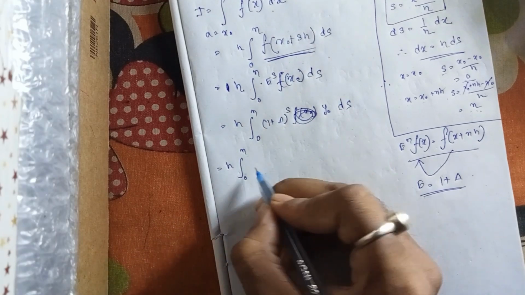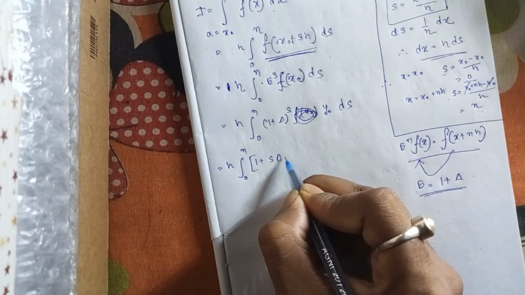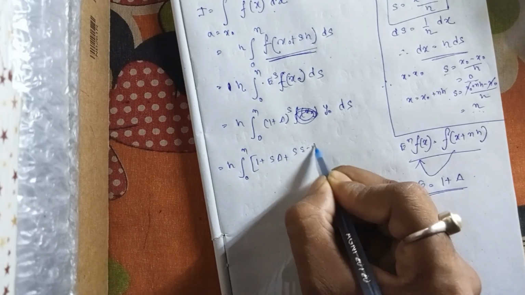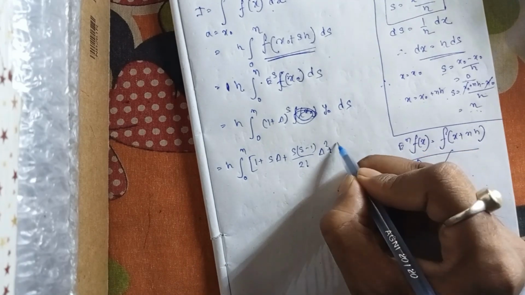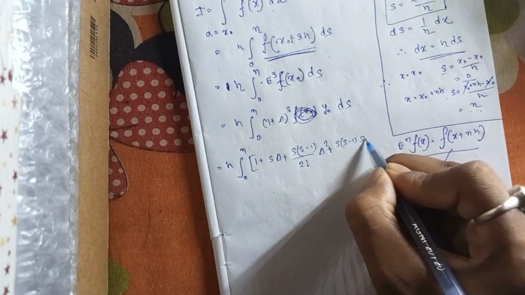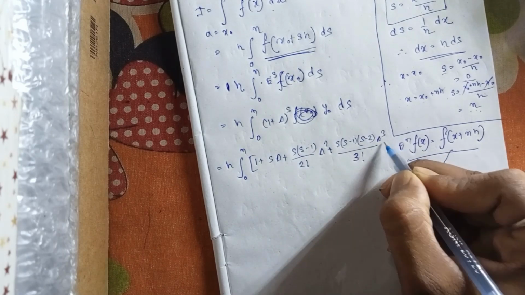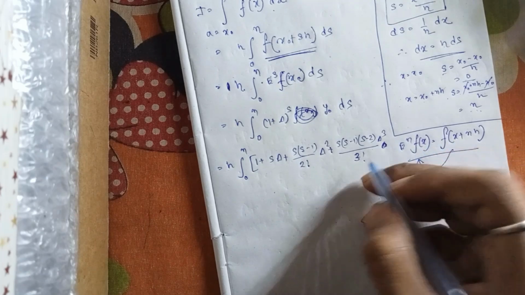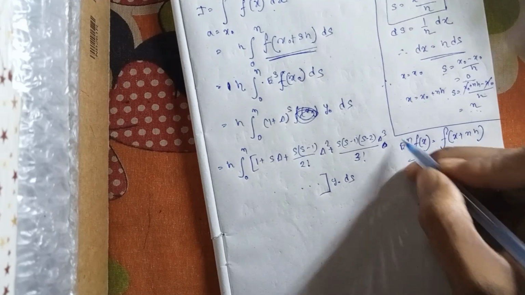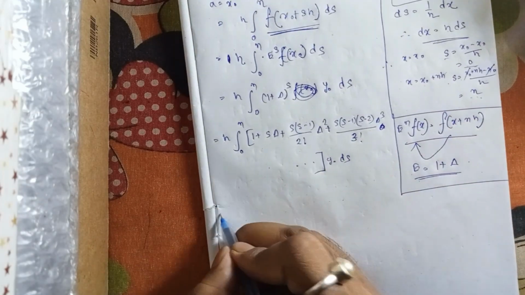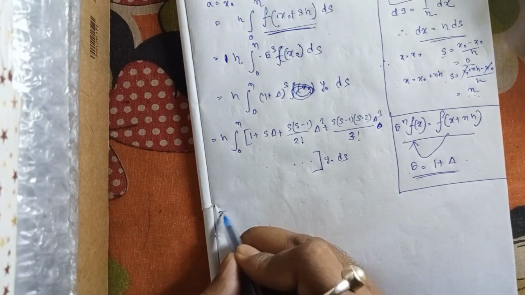Integration of n. So 1 plus s into del plus s into s minus 1 by 2 factorial into del 2 plus s into s minus 1 into s minus 2 del 3 by 3 factorial into, okay, so by this way, and last y0 into ds. Okay, so now the generalized formula after this calculation, we have I equal